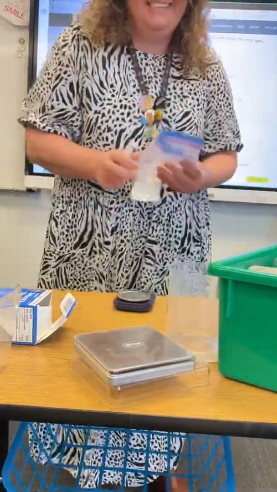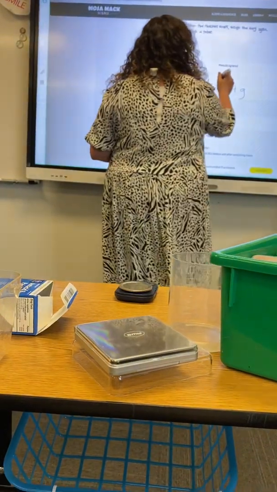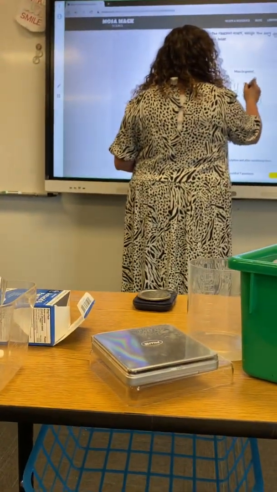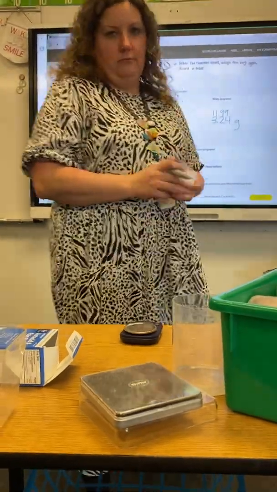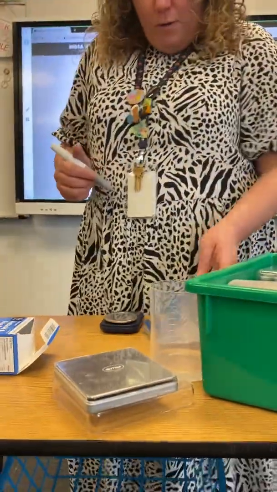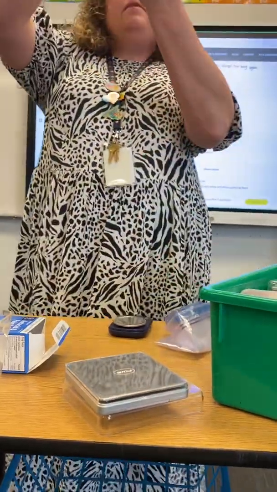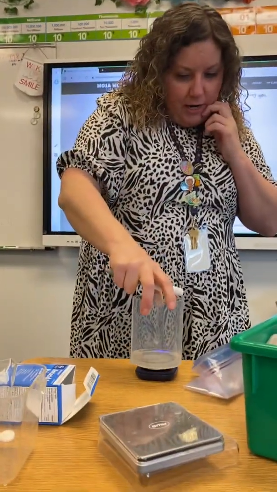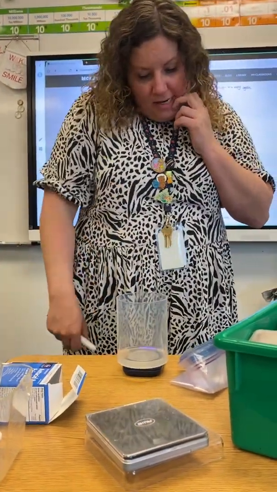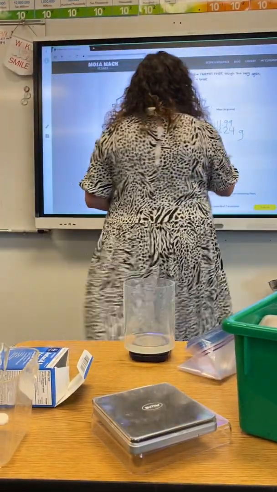Oh my gosh. Bags don't fold. We'll say what we started with, which was 11.99. That won't work. I was going to suggest that you staple it, but the staple will weigh. I know. Okay, so we've done that. Now we just need to weigh the 50 milliliters of water in our beaker. So I'll put that one on next. That one is 119.13 grams.